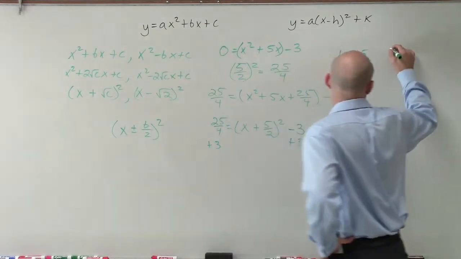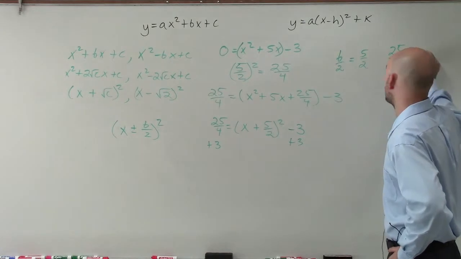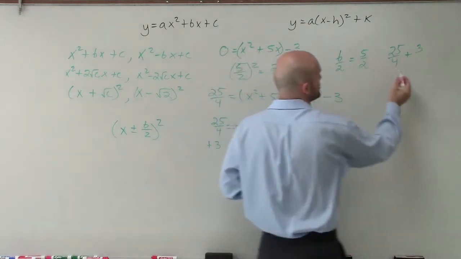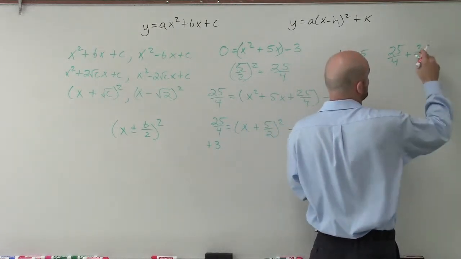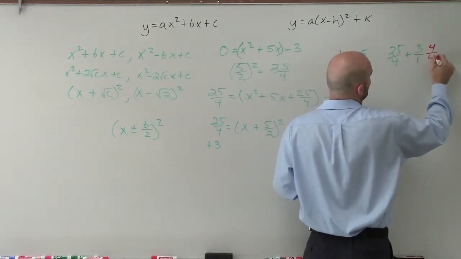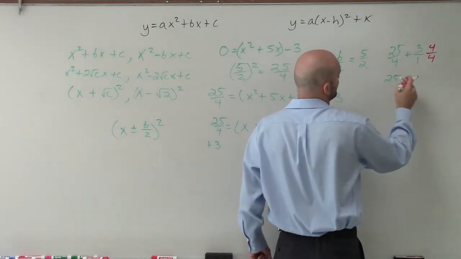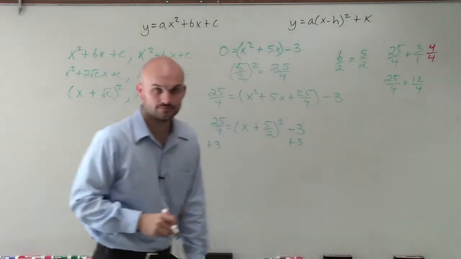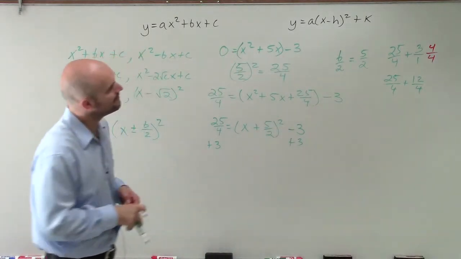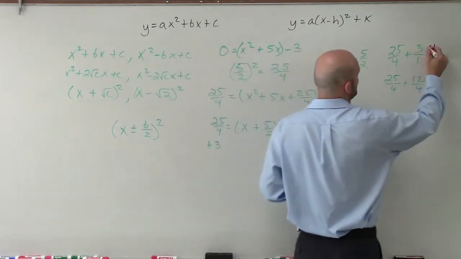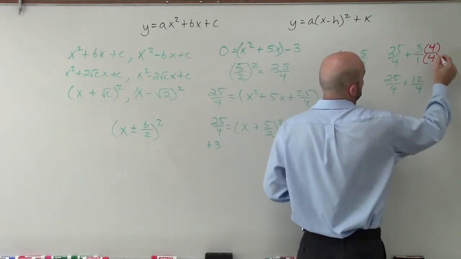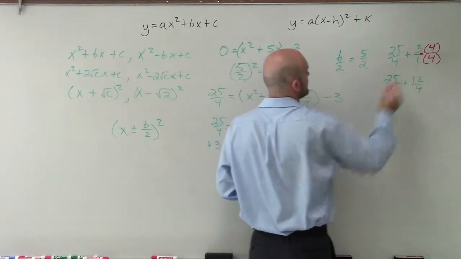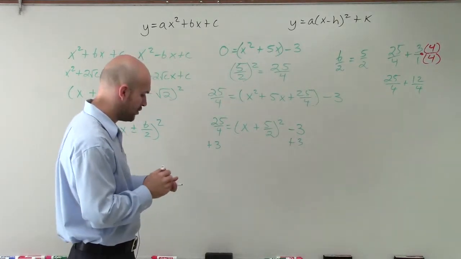But now I have 25 over 4 plus 3. So remember, when adding a fraction to a whole number, we got to make sure we have the same denominator. So this is really 3 over 1, but I need to multiply by 4 over 4. So therefore, I'll have 25 over 4 plus 12 over 4. Follow? Good. Let's put a little parentheses. OK, so I'm multiplying those together. So therefore, now I'm going to have 37 over 4